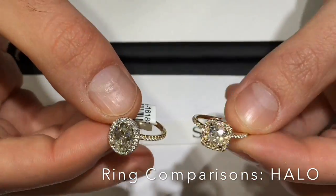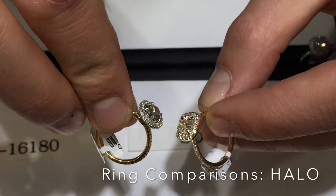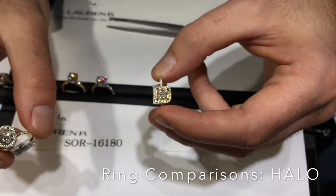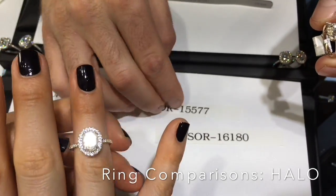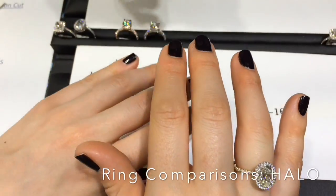Do you like all one color? Do you like the two-tone? Do you like the oval? Do you like the cushion? There are so many possibilities when it comes to your engagement ring. That's why when you watch these videos you can really learn a lot and narrow down your choices. This is the oval, SOR 16180, and you can focus on that ring for a little bit,